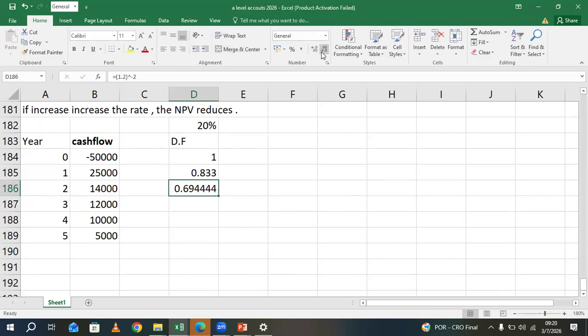Just round to 3 decimal places. And finally,